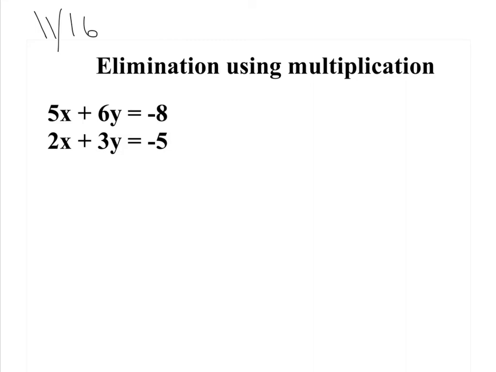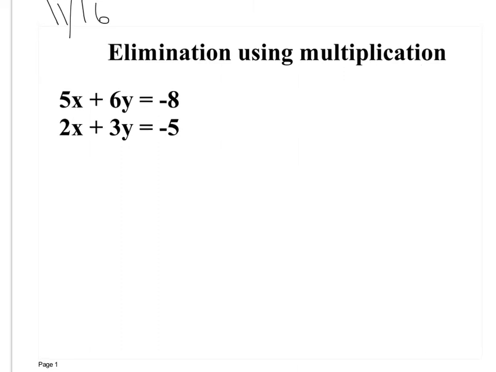Alright, so today we're going to learn how to solve using elimination, and to use elimination, you have to multiply. We've learned how to substitute, and then you learned how to use elimination by adding and subtracting. Now you're going to use both of those to learn how to eliminate using multiplication. So what I need to do is the same steps as elimination using addition and subtraction, right? Except for one thing, and that's where you're going to be multiplying by a number to get these to be